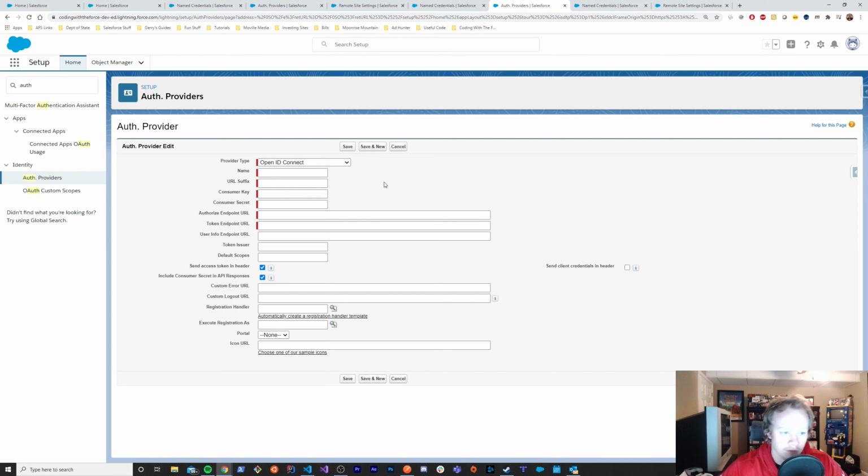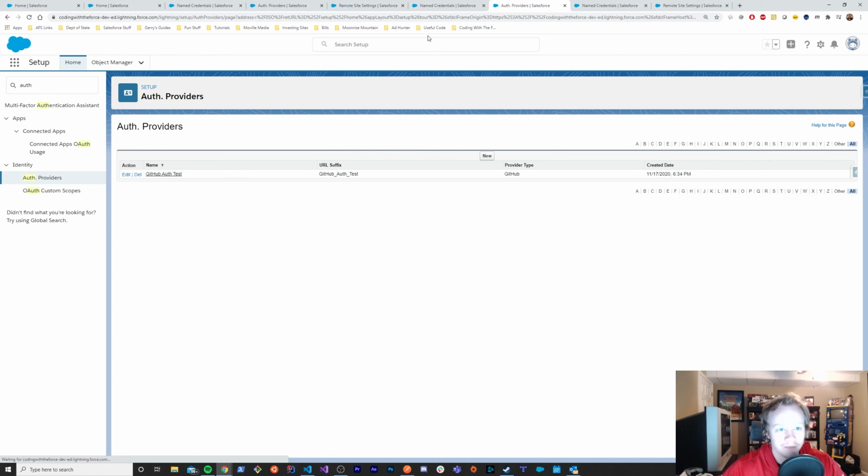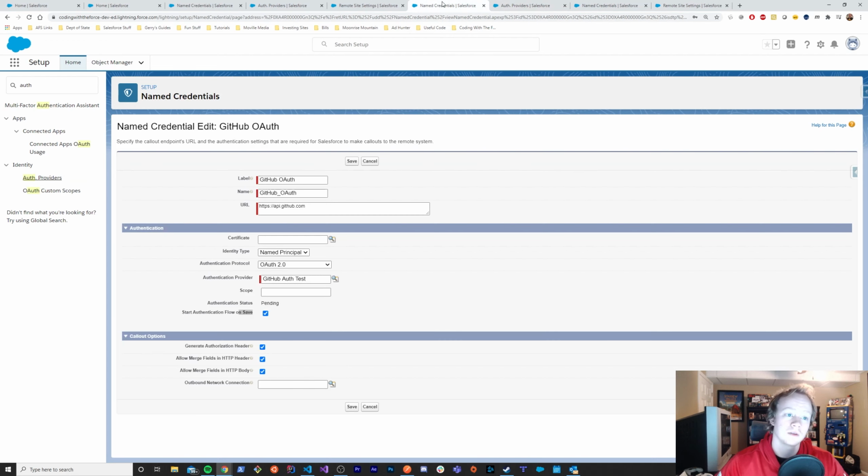There will be a different video for authentication providers, and there will be a more in-depth video for authentication in general, but that's not really what this is about. So you do have to set up an authentication provider, right? And set up all the things that are relevant for that particular service that you're authenticating with. But once you've done that and you've got your named credential all set up,